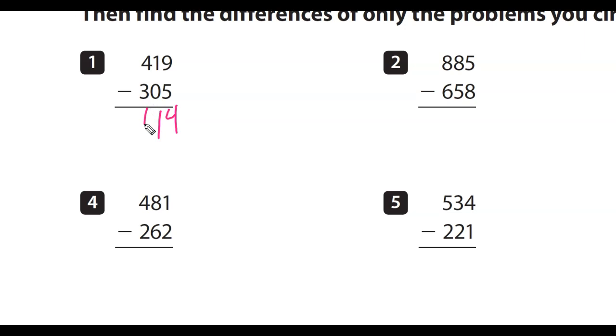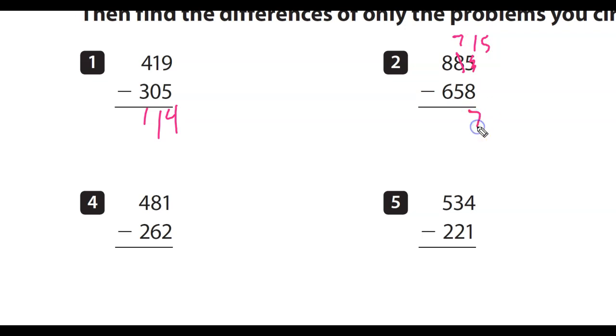Okay. However, look. What's 5 minus 8? I cannot do that, can I? Okay, so I have to borrow from where? The tens place, which is 8. So if I borrow 1 from 8, I get 7. Instead of 5, I have 15. So 15 minus 8 is